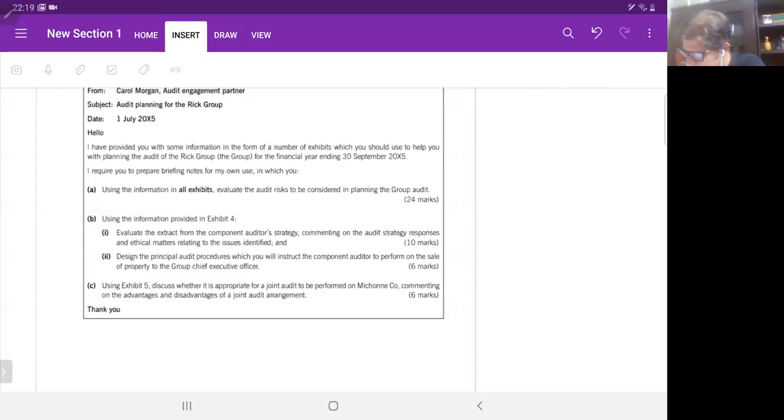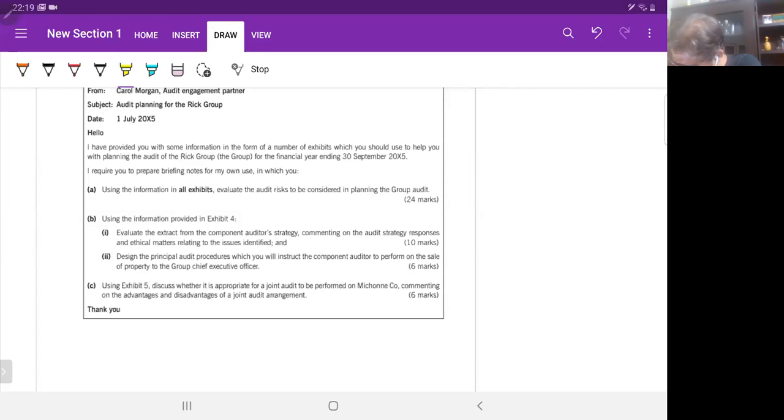All right, folks, in this first session, we will look at requirement B from the March 2020 exams, right? And all right, so our first requirement